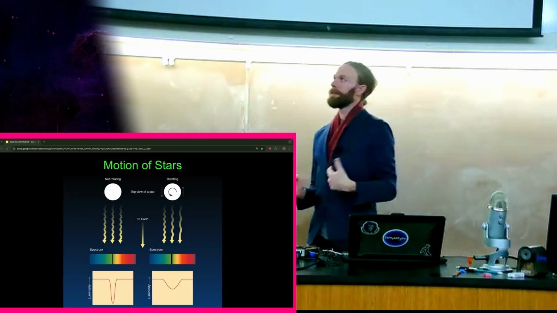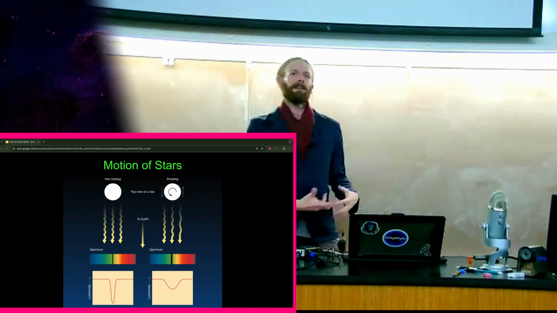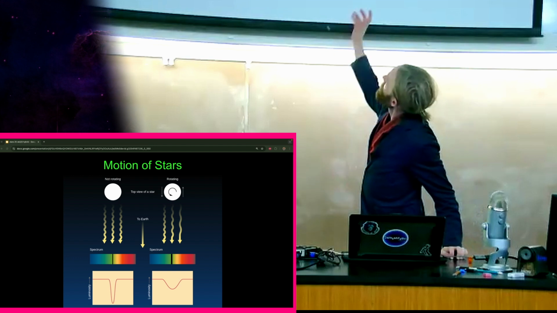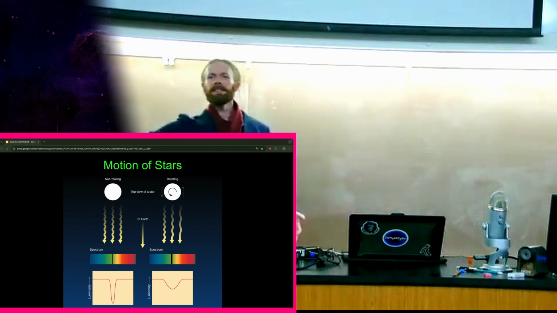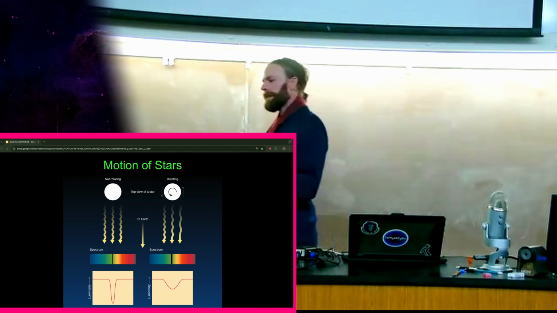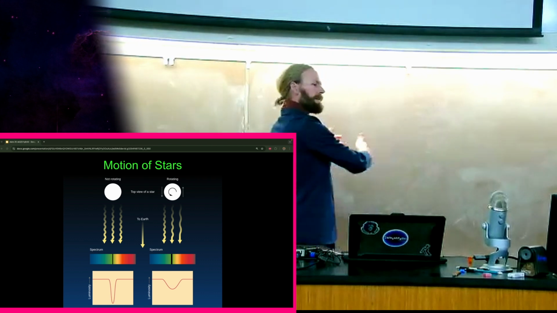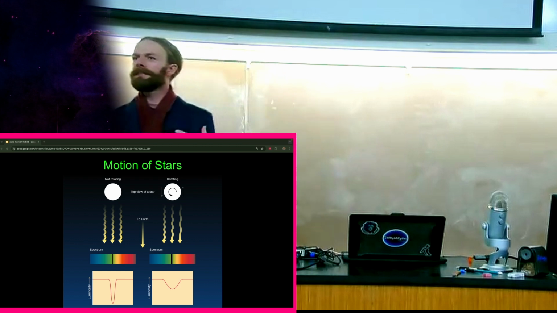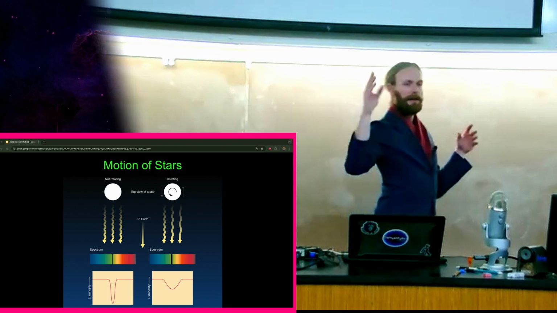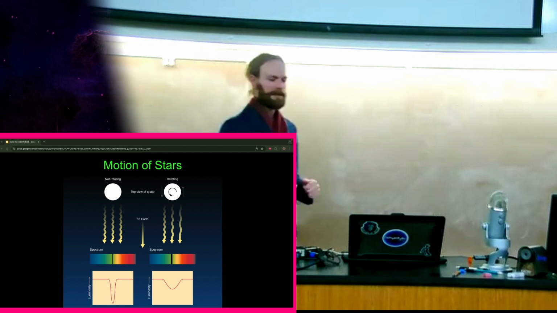Now, this can tell us a couple of different things. So one thing it can tell us is the actual rotation of a star. So this is kind of interesting. As something rotates, one side of it, as it's rotating towards you, that light that's being emitted, that part of the star is going to be coming towards you. The other part of the star that's rotating away, the light is actually going to be receding from you. The result is that the overall spectrum is going to be smeared out a little bit. So the lines are going to be both red shifted and blue shifted together. So you see kind of a departure of the individual lines. So you can get some